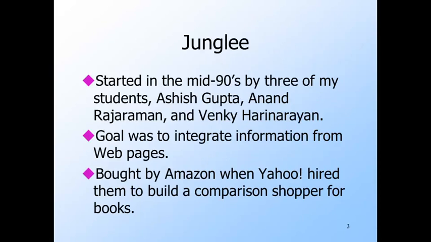Jungly was a startup founded by 3 of my PhD students and 2 others in 1994. At the time, the web was really new, and they had the idea of building systems to integrate web pages into more useful products. They were doing that for about 2 years when they got a contract from Yahoo to build a facility that would let Yahoo visitors search for books and get a table giving the price, delivery charge, and delivery delay at different booksellers. Immediately upon deployment of that product, Amazon bought Jungly in order to shut down the comparison shopping capability.